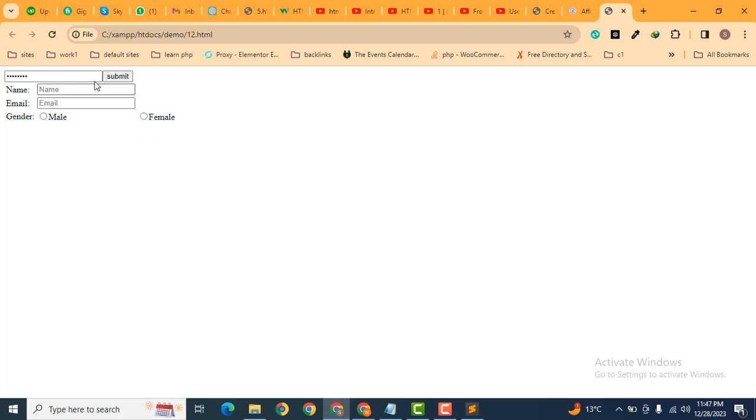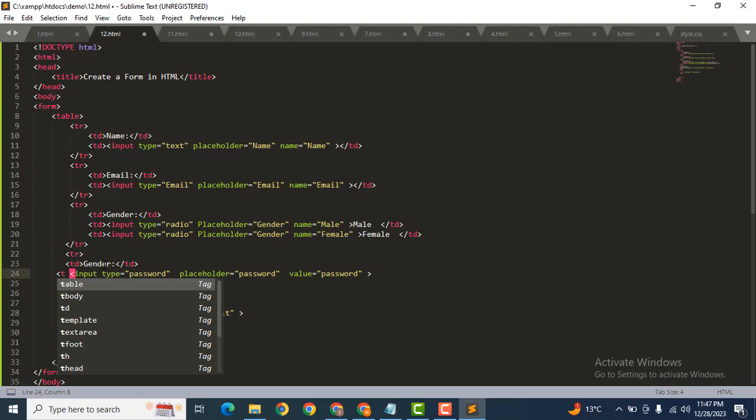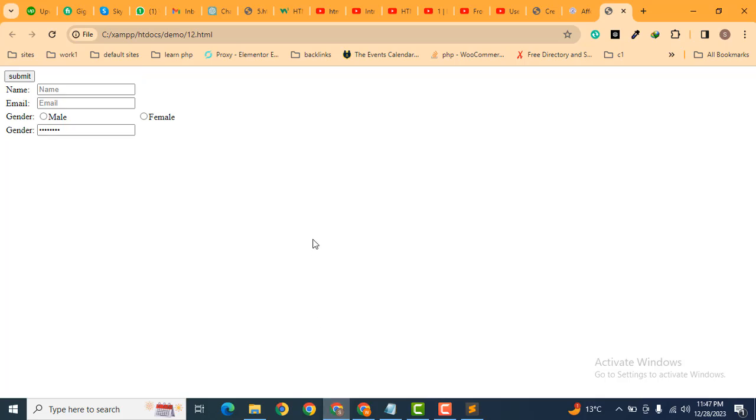So now you can see we have created a form. For the password we need to add one more TD, this one here, and after that now we can add TD, then we can close this tag at this point. Now let's save, and after that refresh the page,